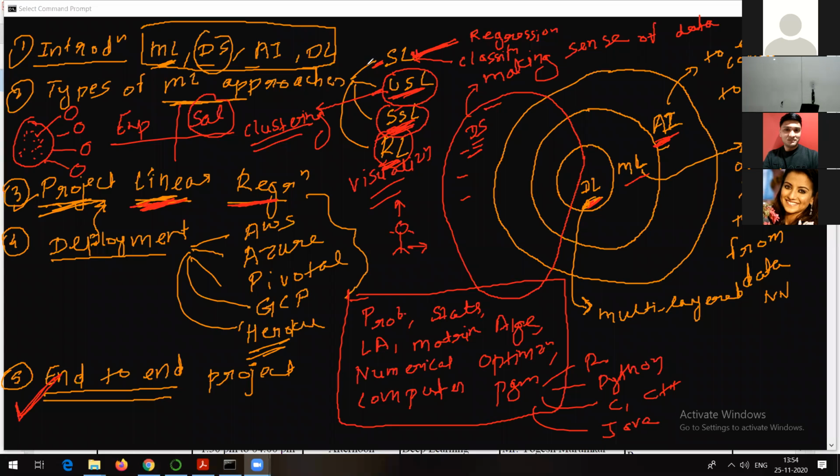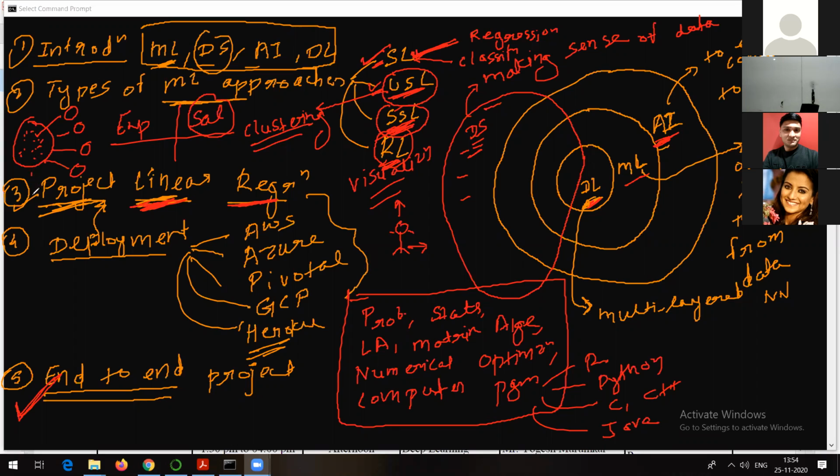But here we'll be talking about maybe supervised learning and unsupervised learning. So that is a short introduction to all those things. Maybe you might have come across all those, you might have studied all those things in detail in previous sessions. That's why in a very short time I have given you an introduction to all these things. I hope everyone is clear about this. If anyone has any doubt, you can ask.